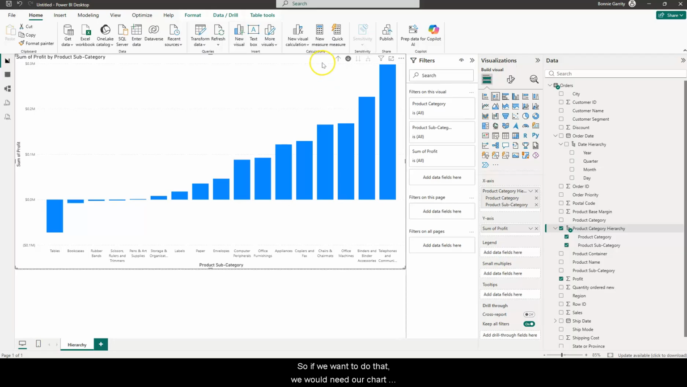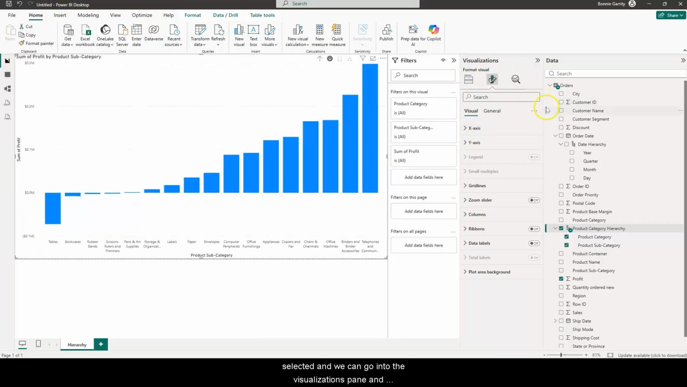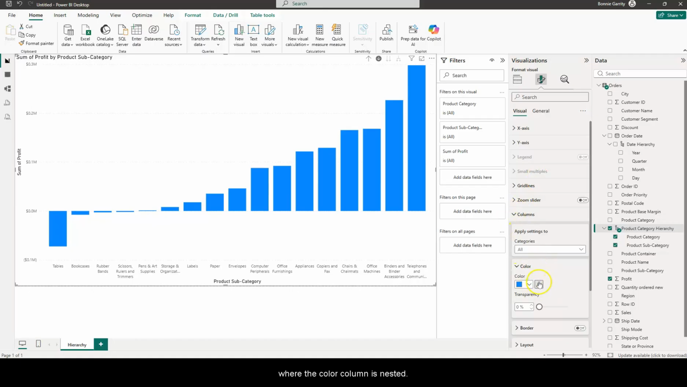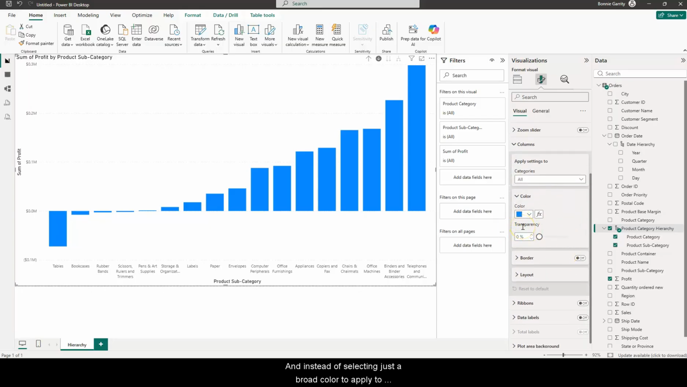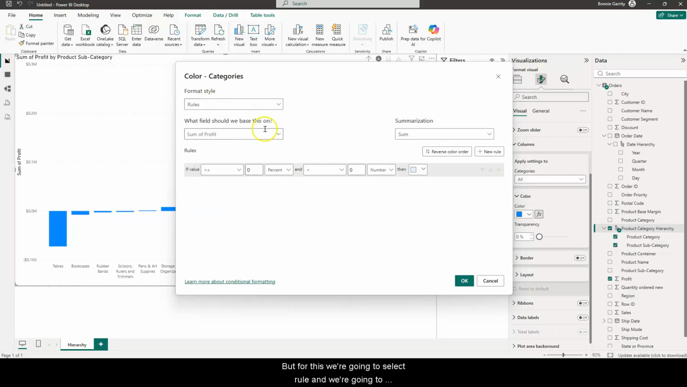So if we want to do that, we would need our chart selected, and we can go into the visualizations pane. And we are going to go down to the columns, since that's where the color column is nested. And instead of selecting just a broad color to apply to either a category or everything, we're going to go into the function, and here's where we can do some conditionals. So we have the default here is gradient, but for this we're going to select rule, and we're going to use the sum of profit,